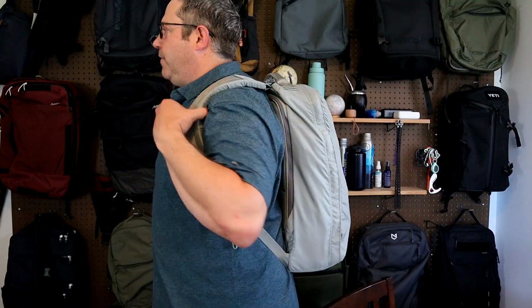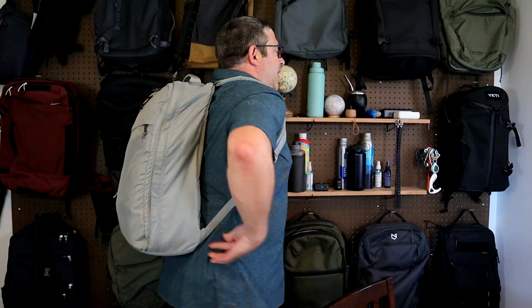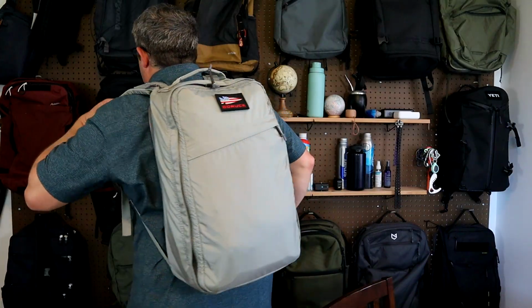This is the GR1 on me, fully packed. I'm not going to say this is the most comfortable bag I've ever worn. Back padding is kind of flat, a little bit stiff, not a lot of air ventilation. But these shoulder straps are just so thick, padded, hold weight really well. They make up for any lack of comfort in other areas. That's all I have for the GoRuck GR1